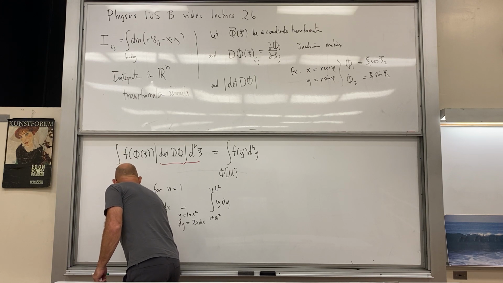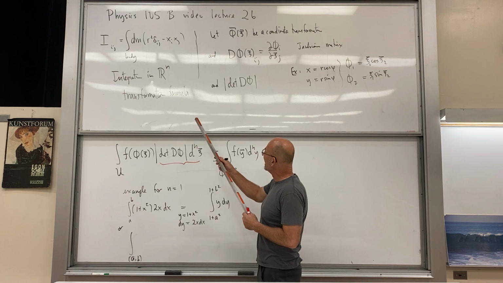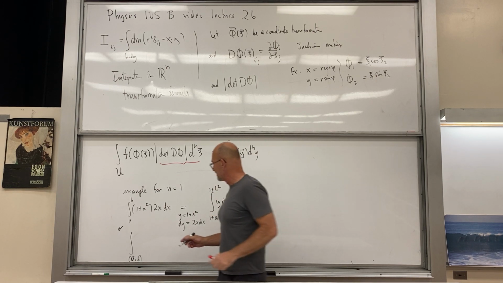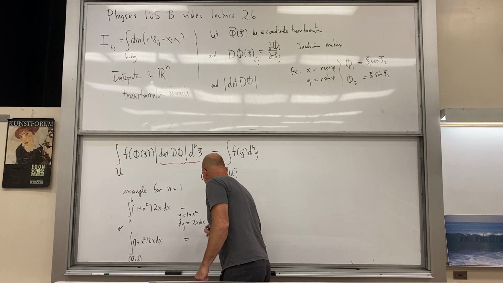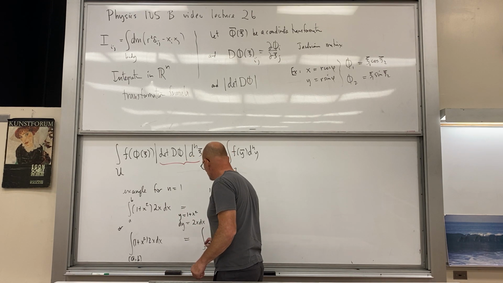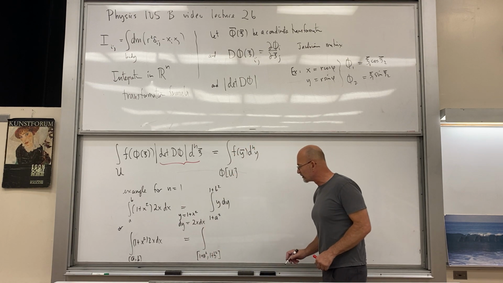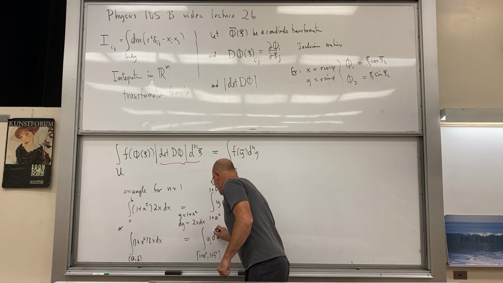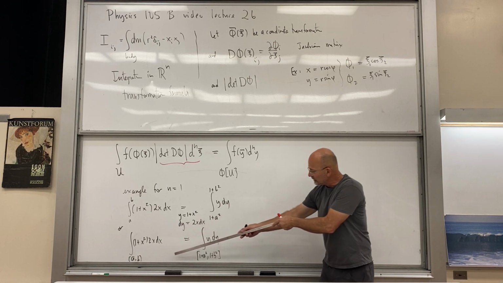So I'll write the integral, and I'll just do the interval AB. So that's a region of space, right? AB, and I've got my 1 plus x squared, 2x dx. And then over here, I have my new region, from 1 plus a squared to 1 plus b squared. It was AB, now it's 1 plus a squared to 1 plus b squared, y dy. So now my limits of integration, instead of from a to b, I'm expressing them as a certain region of space,